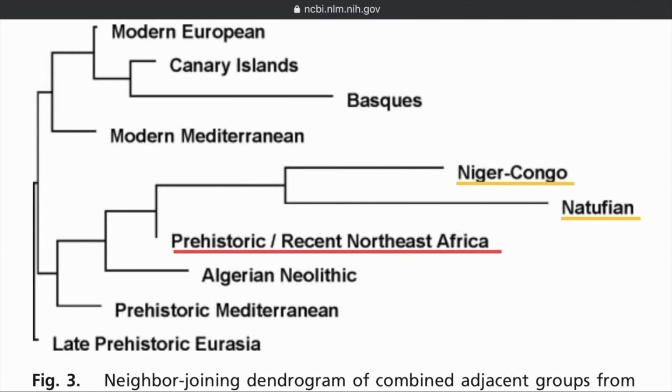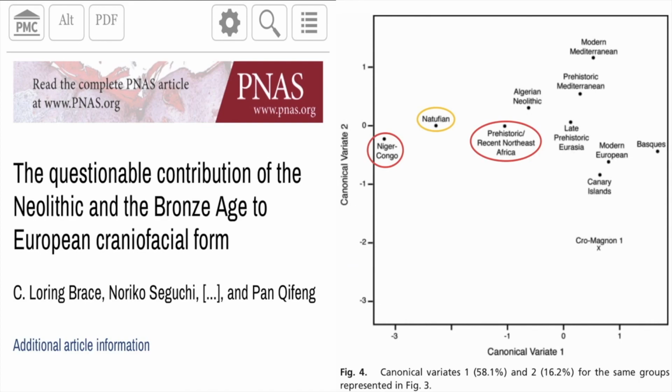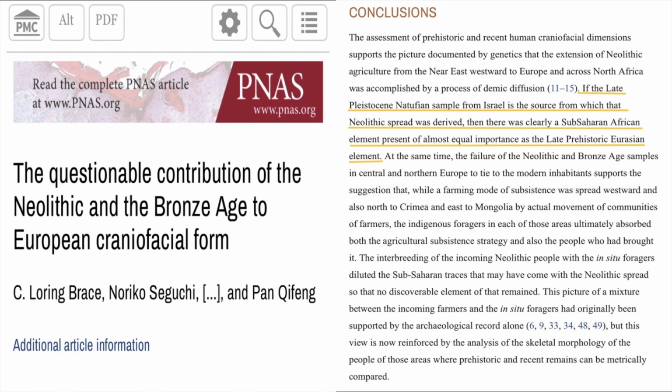So as we can see on this chart from Figure 3, it has Niger-Congo and Natufian linked, and then prehistoric/recent Northeast Africa is also linked, but further back. But Natufians seem to be very close to Niger-Congo phenotypically. And then we see on Figure 4 that Natufians basically fall in between the Niger-Congo and the prehistoric/recent Northeast African when it comes to cranial features. So it says, in conclusion, if the late Pleistocene Natufian sample from Israel is the source from which that Neolithic spread was derived, then there was clearly a sub-Saharan African element present of almost equal importance in the late prehistoric